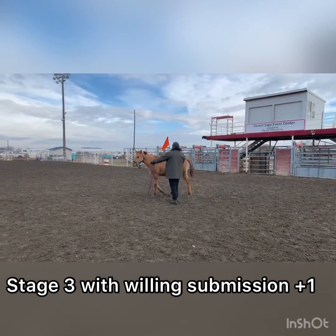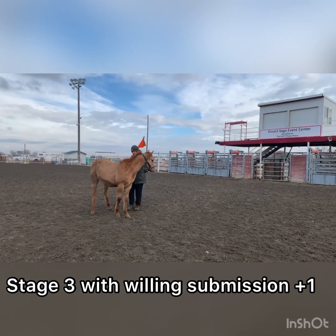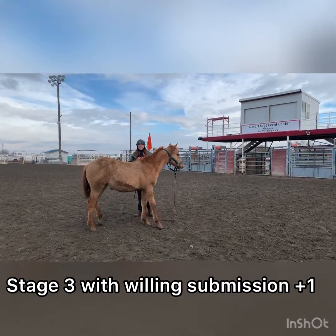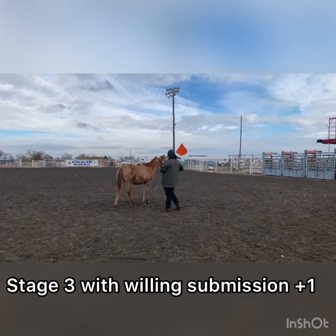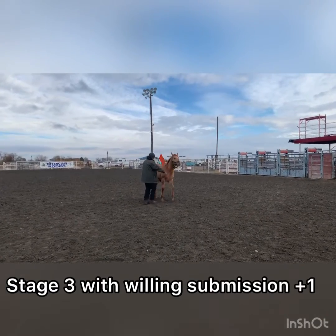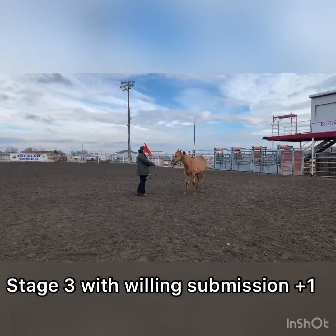Stage 3 is lateral movement of the front and hind feet together. This is a side pass really, and I gave her a +1 because she'd give you a nice few little steps. Same on both sides. She really did just give nice steps on either side of her. I did have to ask a little bit more right there, but then she gave me so much and I